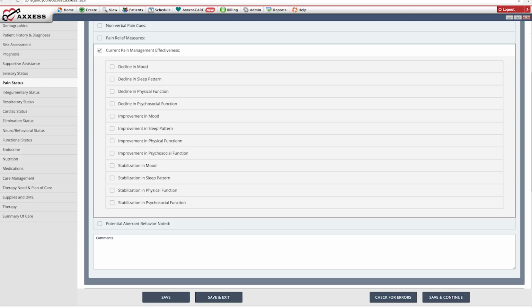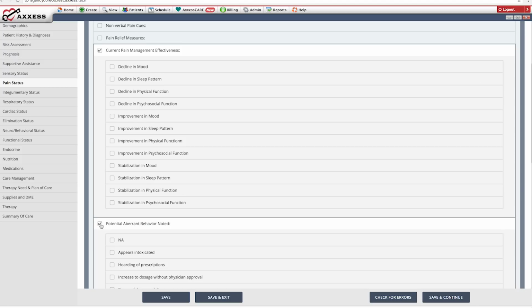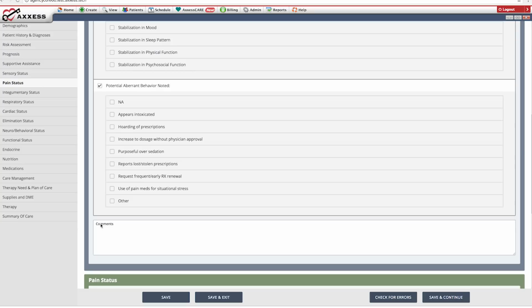It is important to note the impact the pain is having on these areas and charting the progression of the pain status from visit notes all the way to an improved status in the discharge OASIS. Aberrant behavior is very important to document